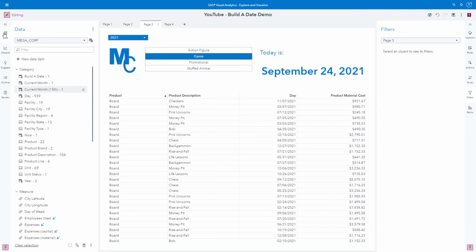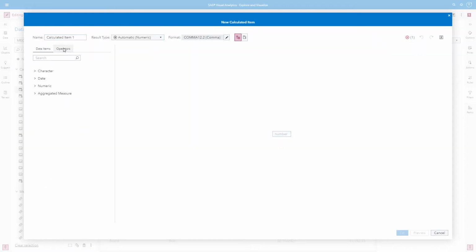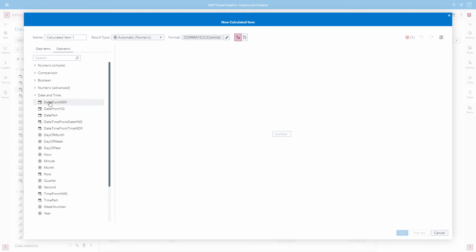We are going to, from the data pane, create a new calculated item. Again, on the operators tab, we are going to use the date from month day Y operator. Recall from building the dynamic current month date that we used month and year, and these return an actual numeric value.